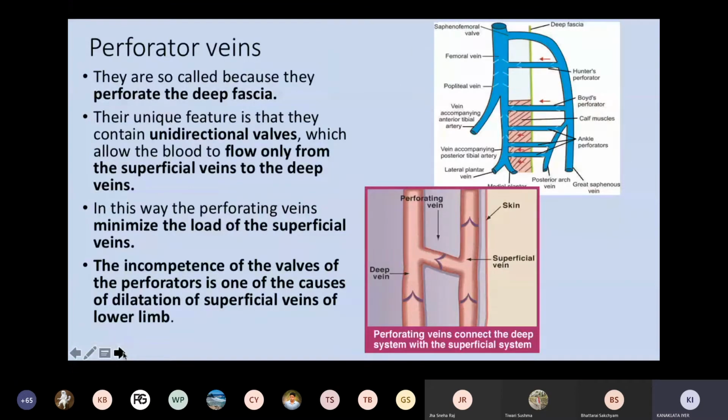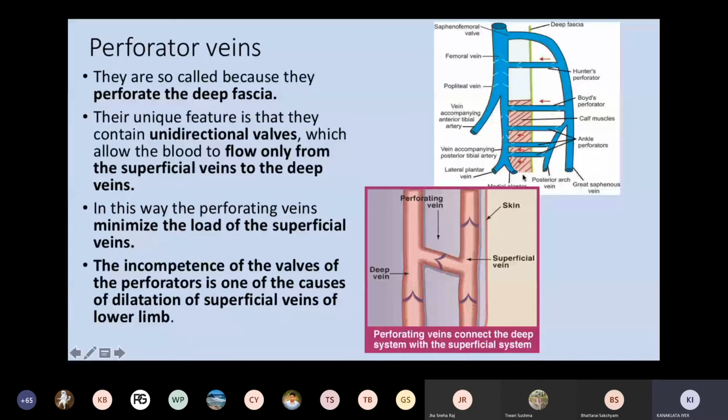So now what are these perforators? They are called perforators because they perforate the deep fascia. What are they, arteries or veins? Hello? Are they arteries or veins? Veins. They have to be veins only, right? So perforator vein, that is what this slide says here. Look at this diagram now. This is a deep vein and that is a superficial vein, and they are joined by this perforator, which is directly piercing that green line, that is the deep fascia, and opening into the femoral vein or any vein.